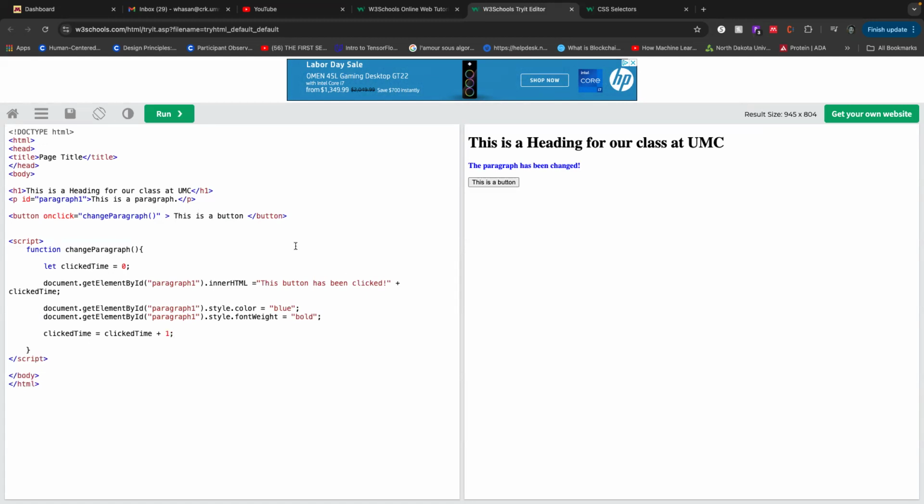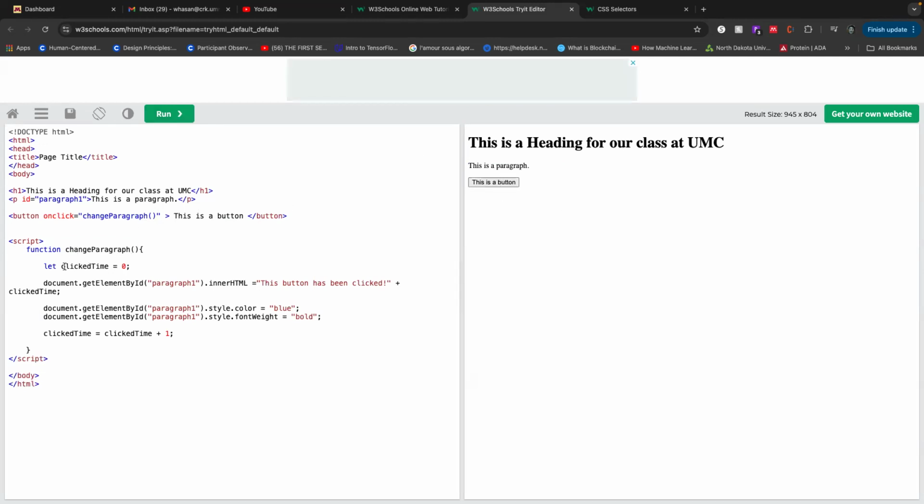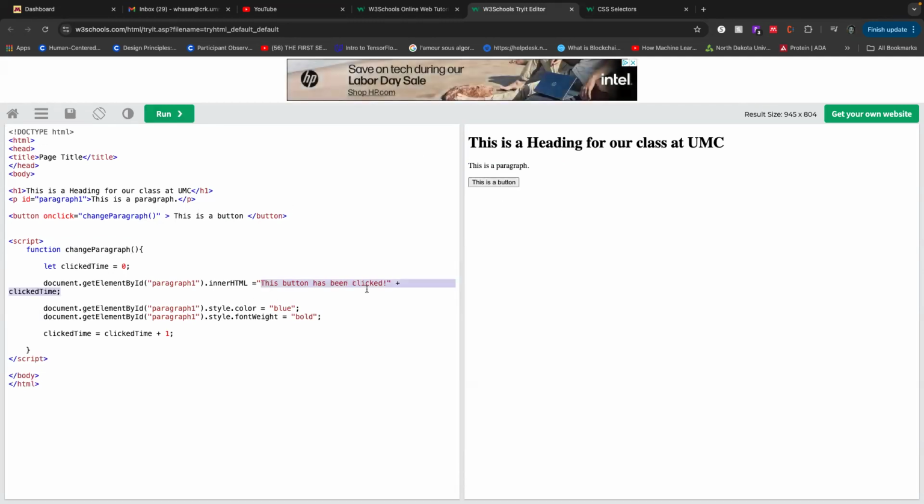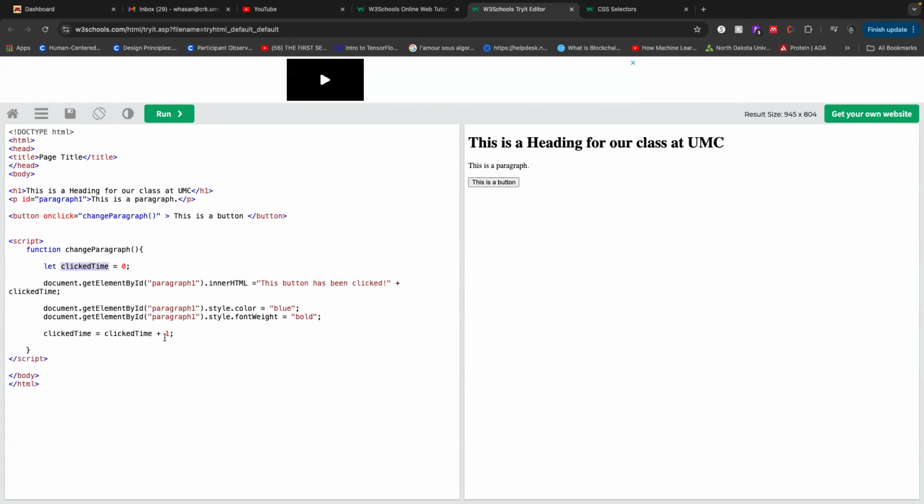So what we're doing is when we run this code and we click on this button, now we change the text to "this button has been clicked," and then we are storing this click time in the variable. So we're going to update this every time. Every time we click on it, clickTime will be 0 plus 1 equals 1. The next time it will be clicked, it should be